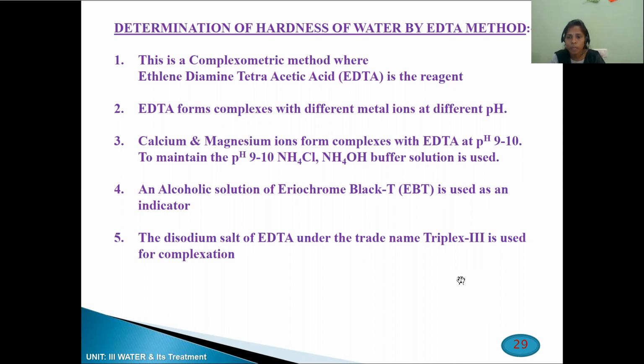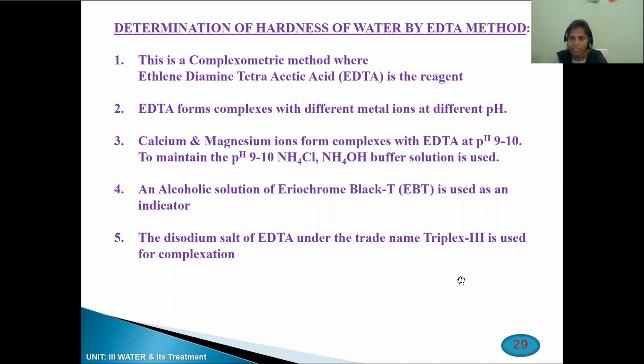This method is part of our laboratory experiment also. In the experiment, we are going to find the hardness of the given water sample. Whatever water sample you use, by using the EDTA method we can find the hardness of different kinds of water samples. Here EDTA is one of the reagents. By using this reagent, we find the hardness of the given water sample. It is a simple technique, one of the simple titrations.